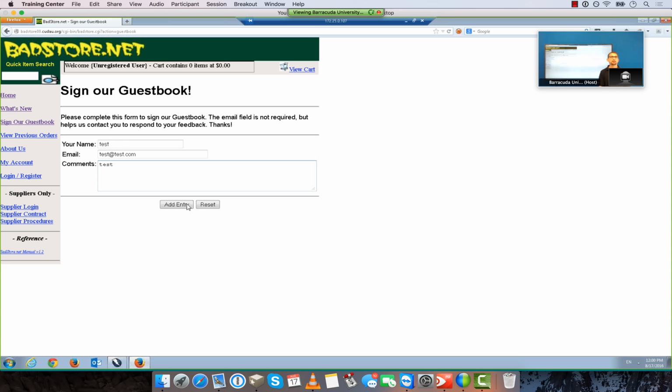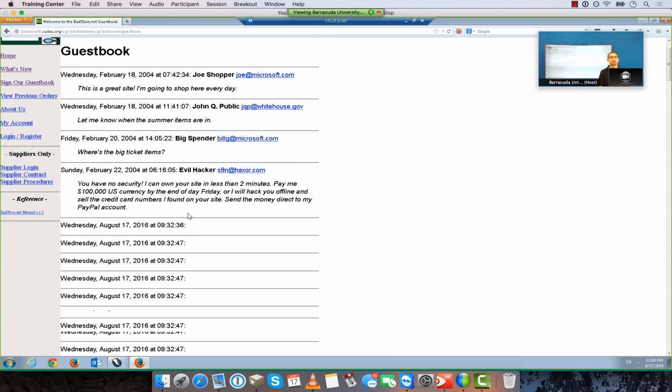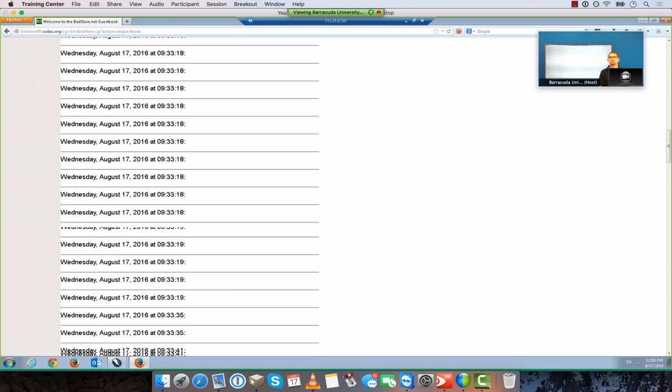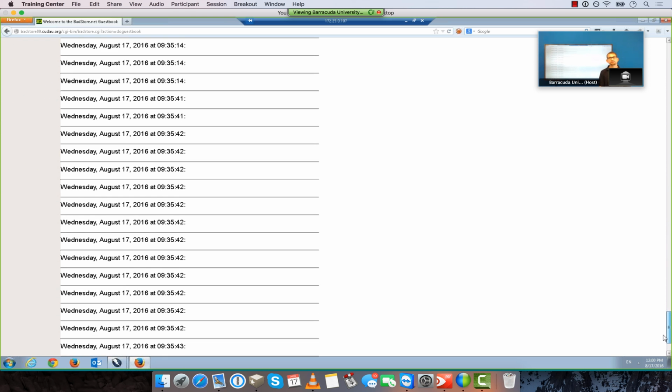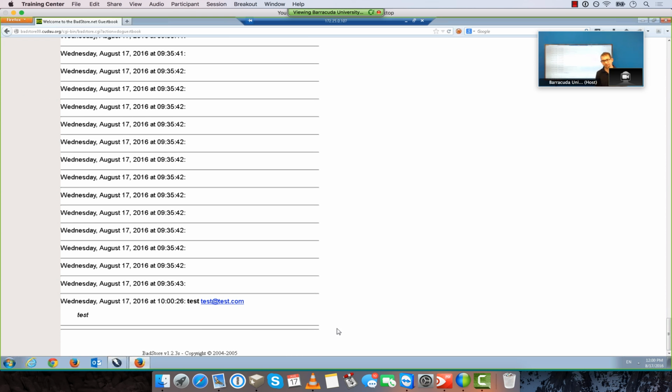All right, I will add this entry, and what is going to happen is that, wow, this is very bad actually. This is my ZAP scan that left all these empty comments. So I have here my test comments. All right, so as you can see, the browser has shown me this. It presented me the same content that I wrote in that input field. What if